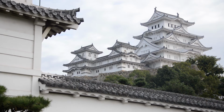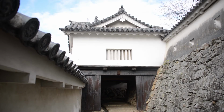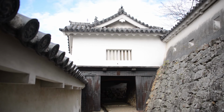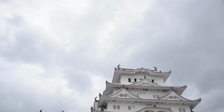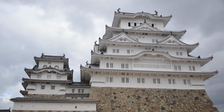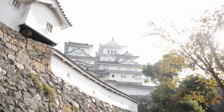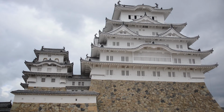Okay. This one was built in 1601 by Toyotomi Hideyoshi, and it was later built more upon. This one had several expansions as the rulers came through. It was built more on by Ikeda Terumasa. The nickname for this one is White Heron Castle. We had one earlier, I believe, that was Black Castle, and then there was Matsue, and the Crow Castle,